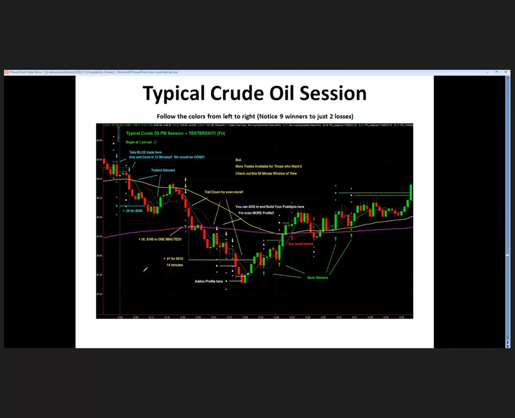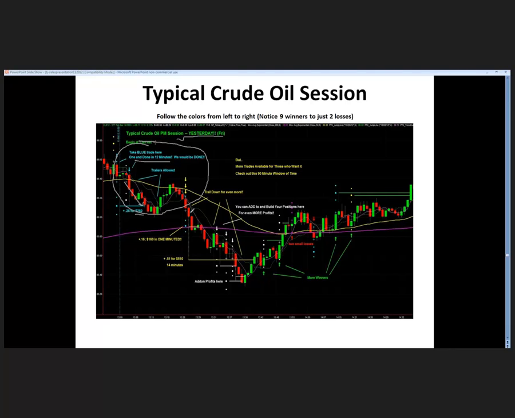And so I knew we were having this presentation today, so I marked up the chart from Friday's session, and I kind of color coded everything. There's just so much going on in here that I could have just shown the one and done, and that's kind of how we trade the PM, and you could see it in blue. It literally was a 12-minute trade and made 25 cents on the first position, and then the second position scaled out a little bit on top of that, but the whole trade was pretty darn profitable for 12 minutes.